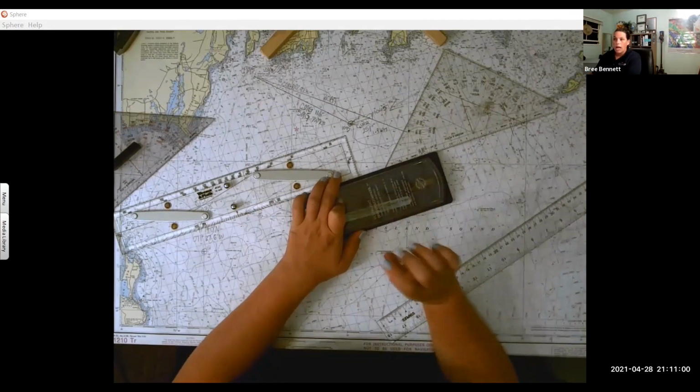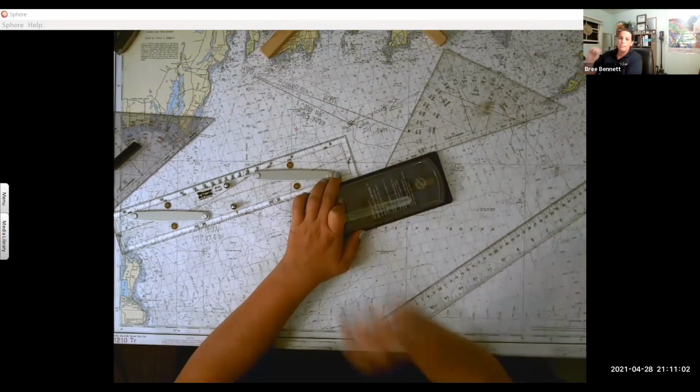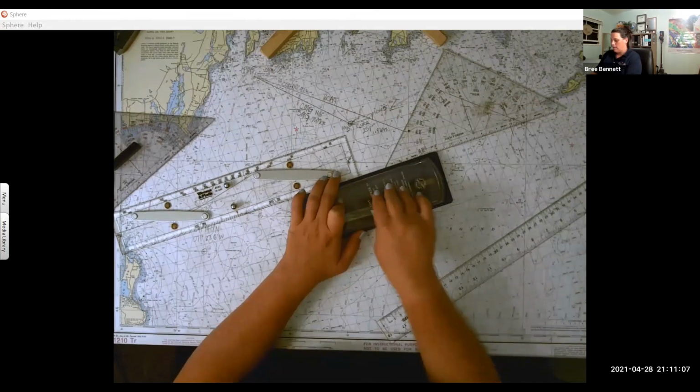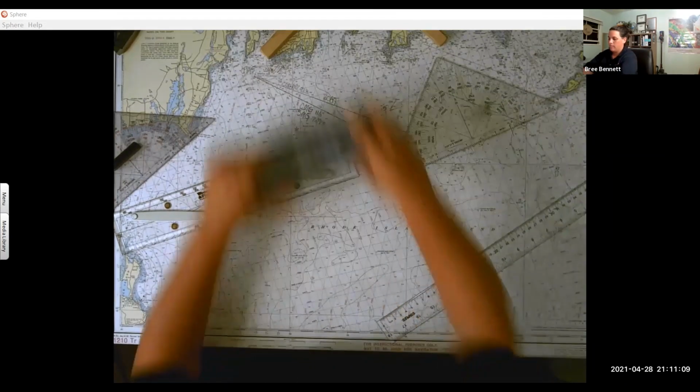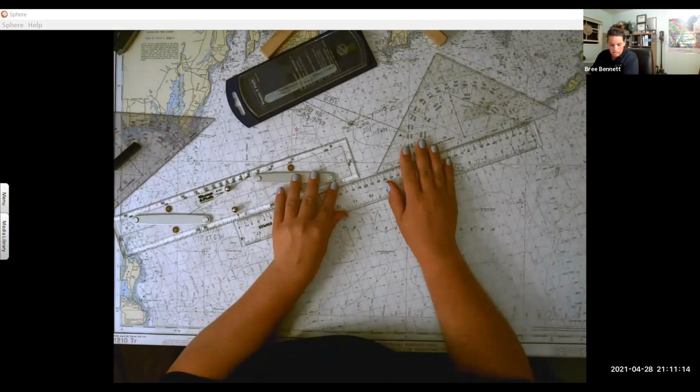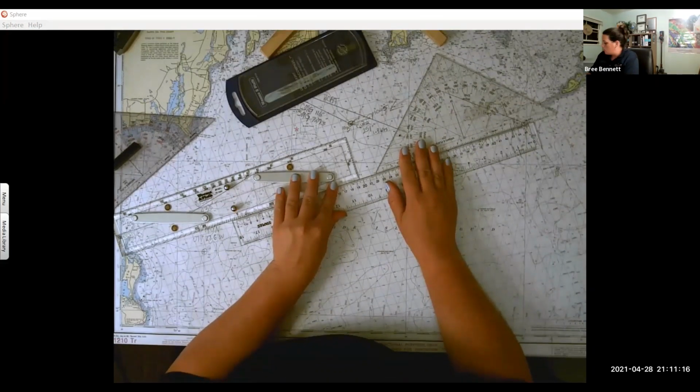But when you draw it, you want to draw it on the same instrument the whole time. So what that means, okay, is I'm going from this buoy to this buoy,